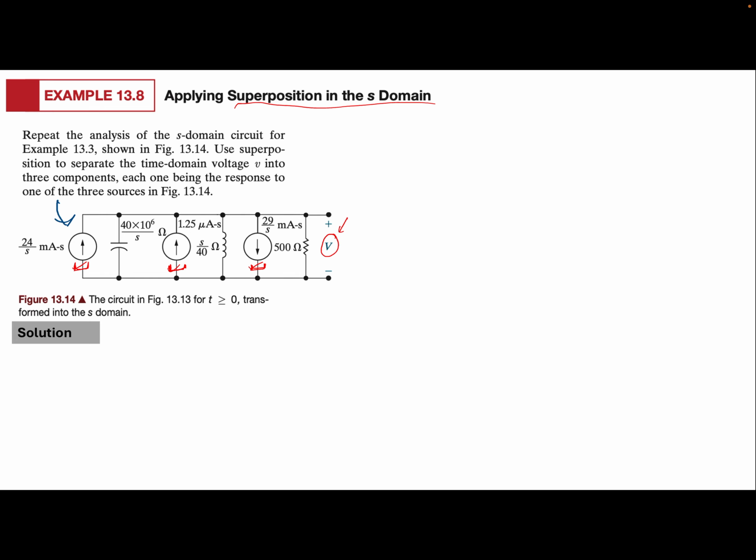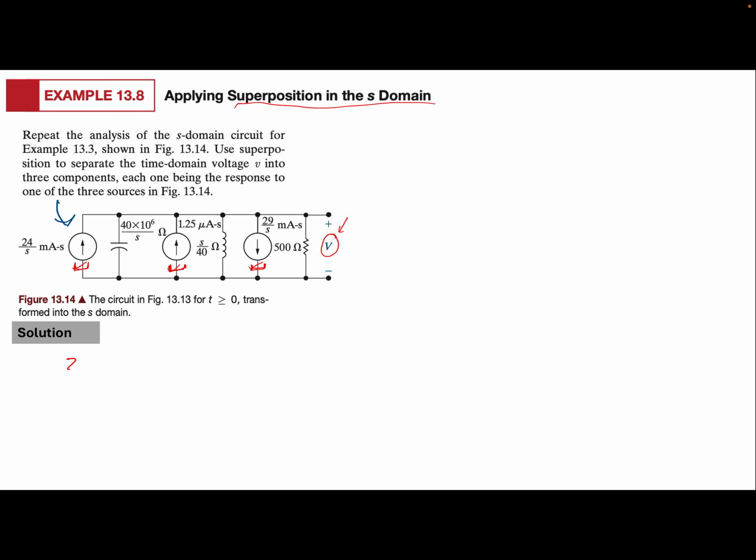And then we're going to add three of them together to show that we are working with a superposition principle. Okay. Now, the very first thing to do would be I have to find the Z equivalent, right? Because I'm going to bring one of the current sources at a time, I have to find all the resistance and the impedance of the inductor and the capacitor are all connected in parallel, so I have to find Z